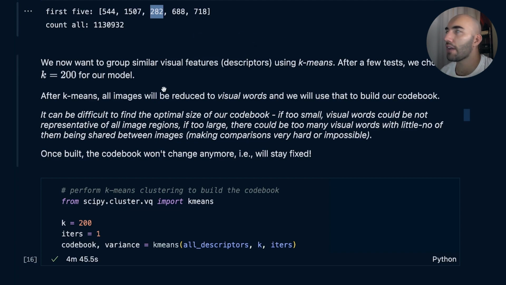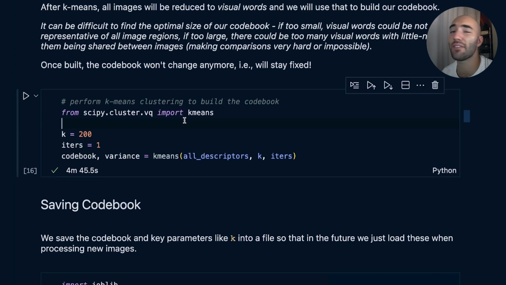Now, you have to set the number of visual words that you would like from your images. It's like the vocab size in NLP lingo. For this, I just set k equal to 200, so we're going to have 200 visual words. We don't have that many images. If you have more images, you should probably increase this, particularly if they're very varied. If they are not varied and are all kind of the same thing, you can probably use fewer